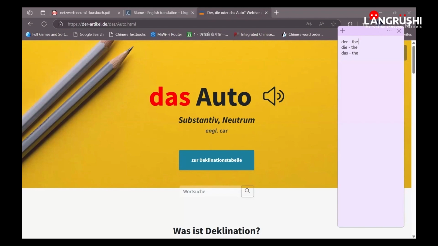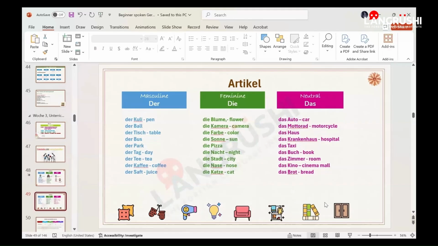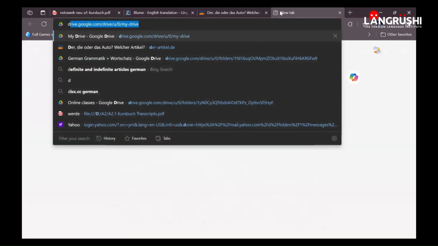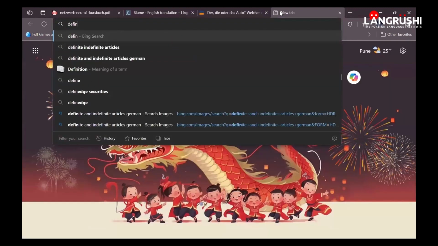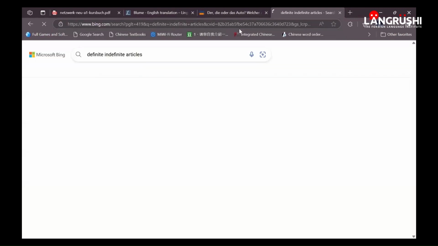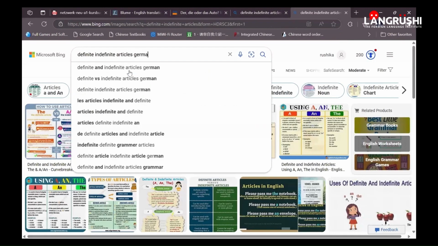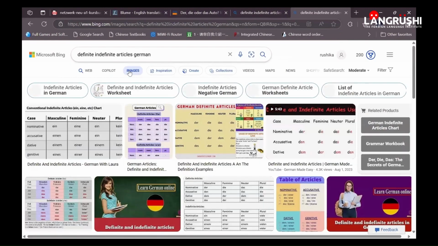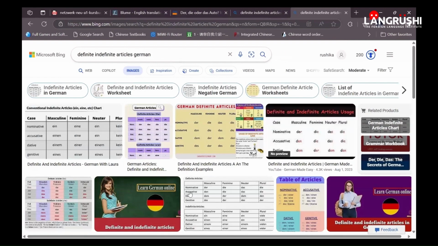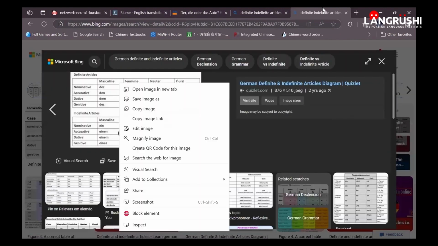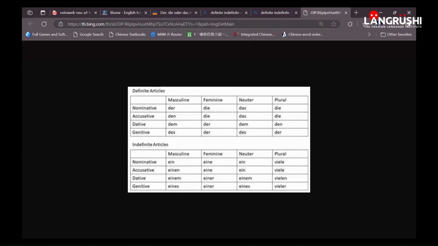Do you want me to repeat anything? Anyone? Rishika, one question here. How important is this article from the exam perspective? Because during conversation, what I've noticed is that nobody is bothered about the article when speaking in layman language. So how important is it to learn the articles by heart from the exam point of view? If you want to be able to speak correctly, it is the most important thing, a top priority. If you want to clear the exam or speak grammatically correct,